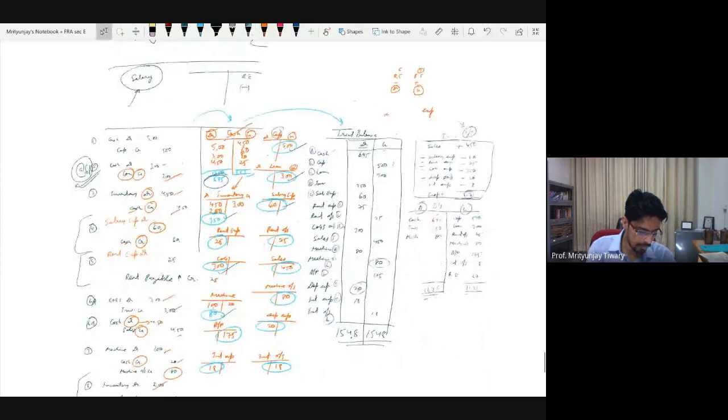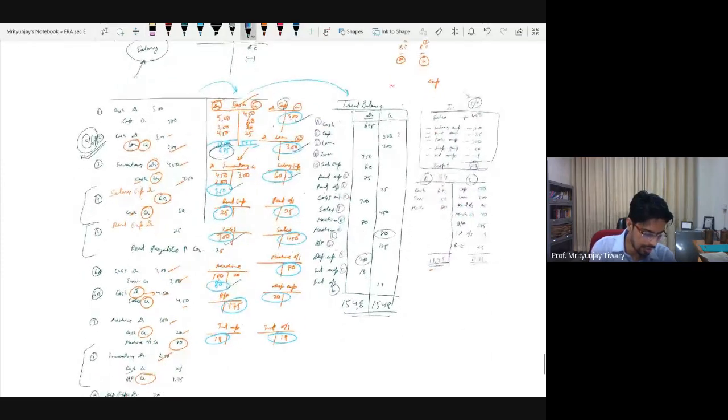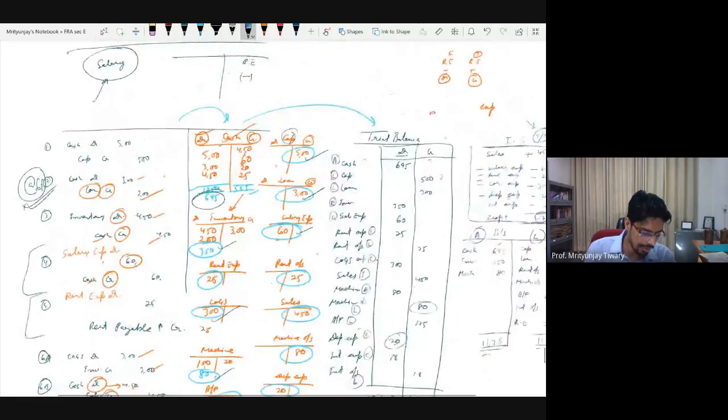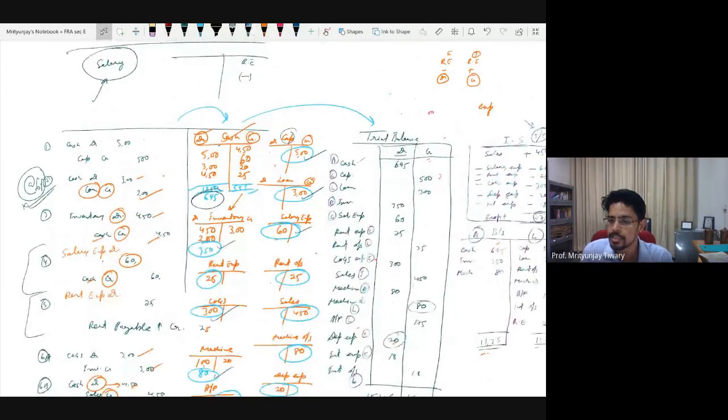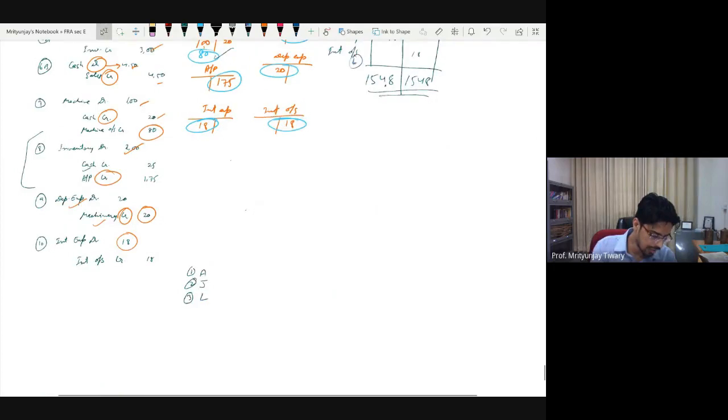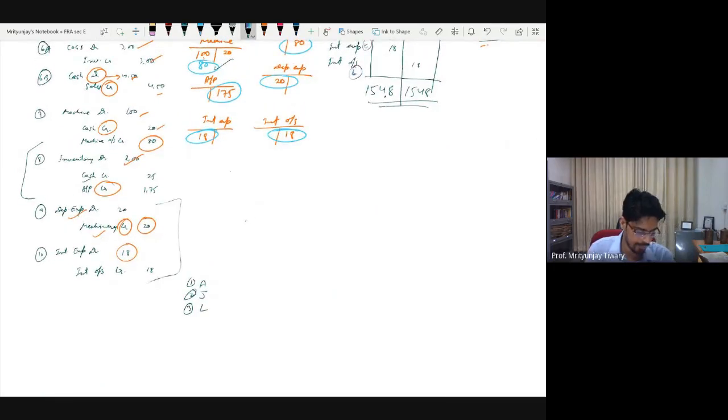That we kept on deciding the journal entries. Journal entries were based on asset, liability, income, expense, whether they are increasing or reducing. Based on that, we kept on identifying debits or credits. That is the way in which we finished all the journal entries. Once you are done with all the journal entries for the transactions, you are told, do the journal entry for the transactions which you are not told. There can be certain transactions which you are not told, which are implied. For example, depreciation is an implied transaction and interest becoming due is an implied transaction.